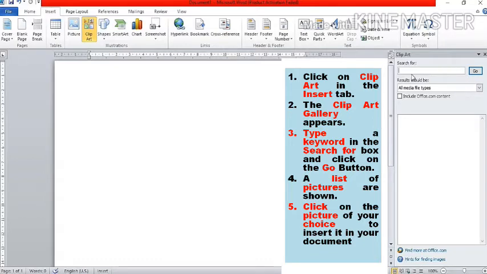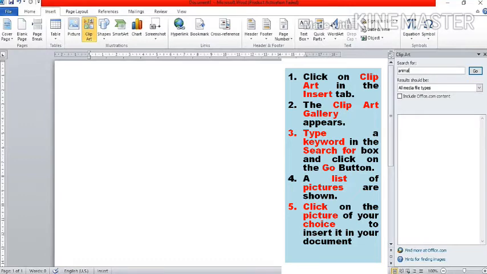Over here is a search for box. Here you've been asked to type a keyword. Now this key has got nothing to do with key and lock. Keyword means a word which you type and you will get pictures with that name. For example, if I type here animal, then all the animal pictures in clip art will be shown.